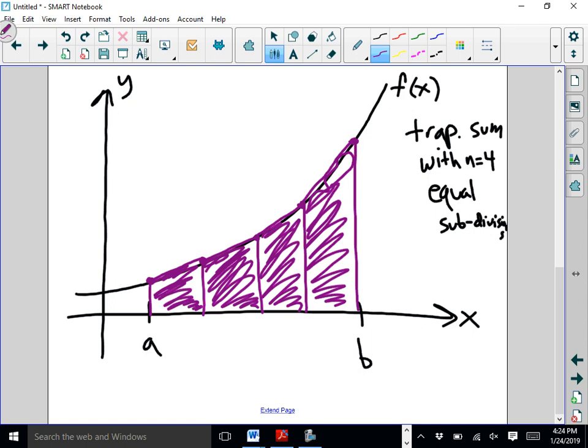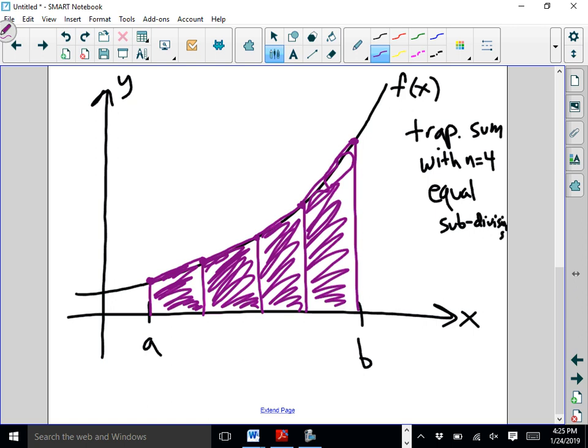Now what I want to talk about is when do we have over approximations versus under approximations? Well, for left and right Riemann sums, it depended on whether or not the function was increasing or decreasing. Increasing or decreasing makes no difference for trapezoids. What makes the difference on trapezoids is whether our function is concave up or concave down. Okay? And a way to think about that